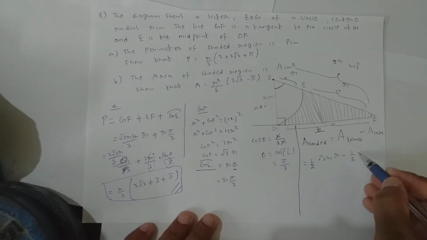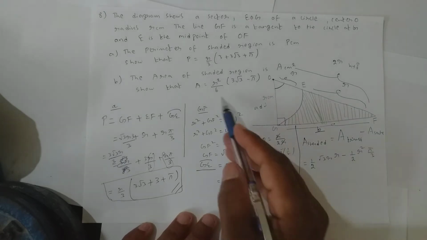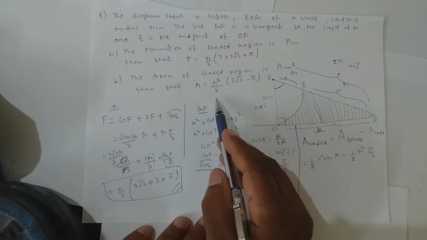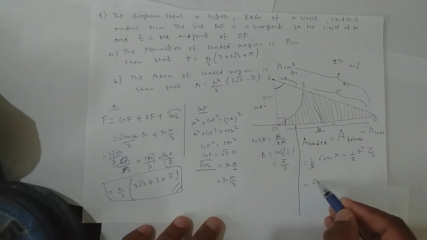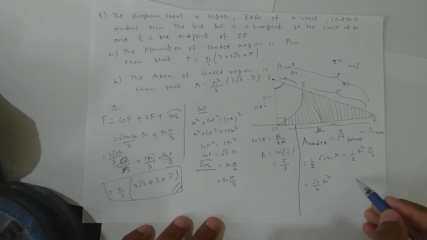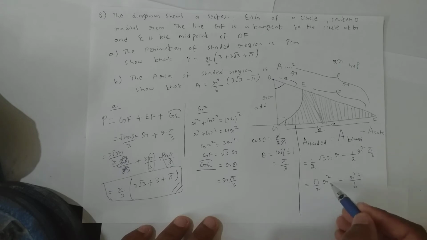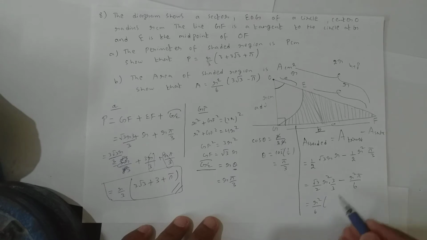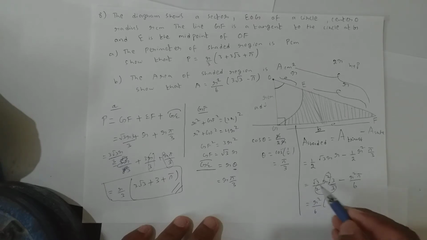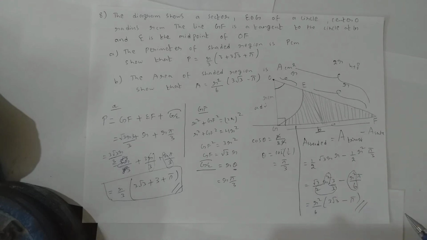Minus area of sector, which is half r squared theta. So r squared theta, theta is pi by 3. Take r squared by 6 common. I want 6, so what do I do? Root 3 by 2 r squared is there, minus r squared pi by 6. I can take r squared by 6 common here. Here also I want 6, so I multiply and divide by 3. So now r squared by 6 is common taken out. That means this has come out, left out is 3 root 3. Here r squared by 6 has come out, left out is pi. This is what he is asking you to show.